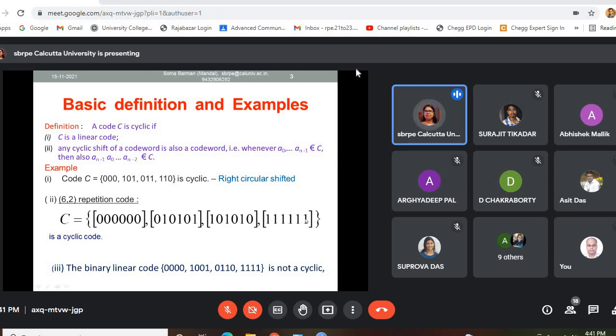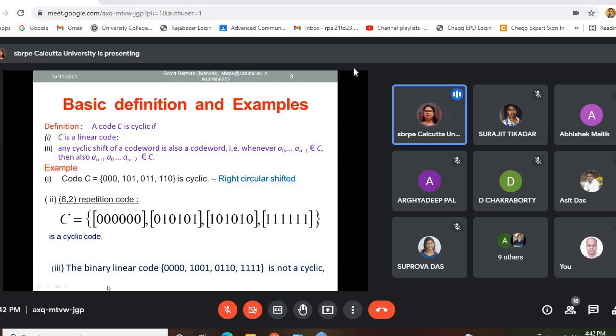Okay. So if I shift this thing, 1 is suppose shifted this position. So 0 will be shifted this position, this 1 will be shifted this position, 0 will be shifted this position. So this will be shifted and it will form this code one. Like that. So it also satisfies the second property, cyclic shift. So if it is shifted, it is also a cyclic shifted code also contained within the C.